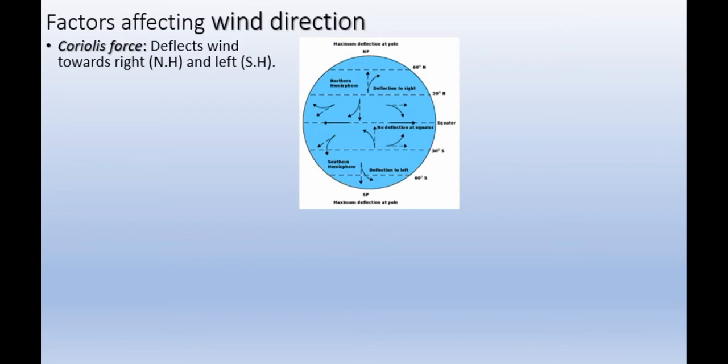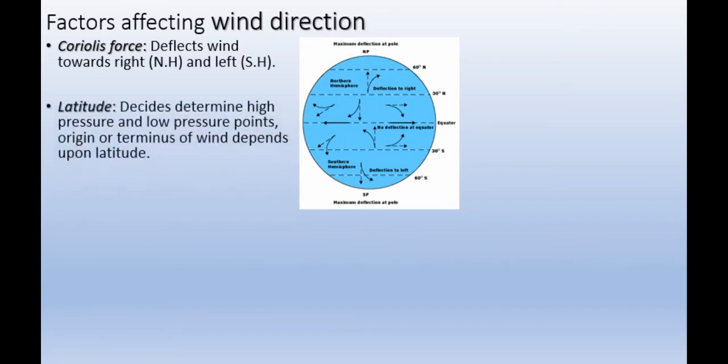Second, the secondary circulation of the wind, also known as periodic winds. Under the periodic winds, you can see land breezes, sea breezes, and also monsoon winds. Then the third category is tertiary circulation. Under that you can see mountain and valley winds, also known as katabatic and anabatic winds.